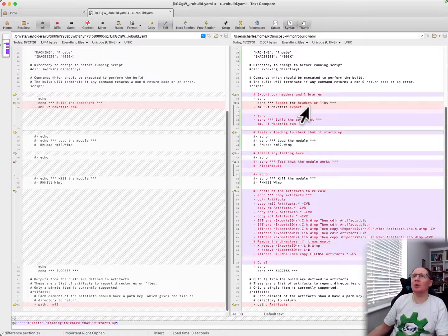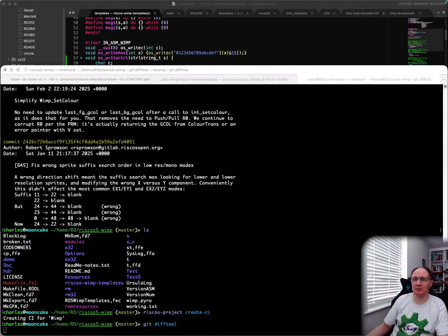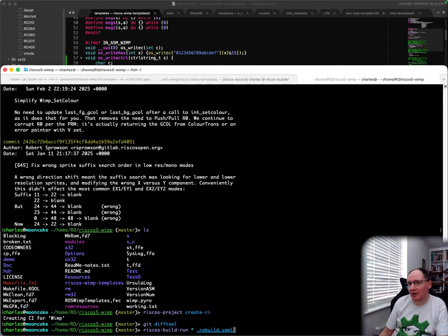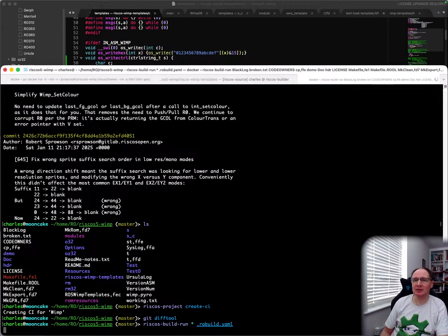So let's see if that works. And the easiest way to see if it works is to go and run it. Yeah, so let's move this out of the way. Close it and then move it out of the way. There we go. And then if I go and run it, so riscos-build-run this directory, so everything and rob build.yaml. I think if I've done this right,